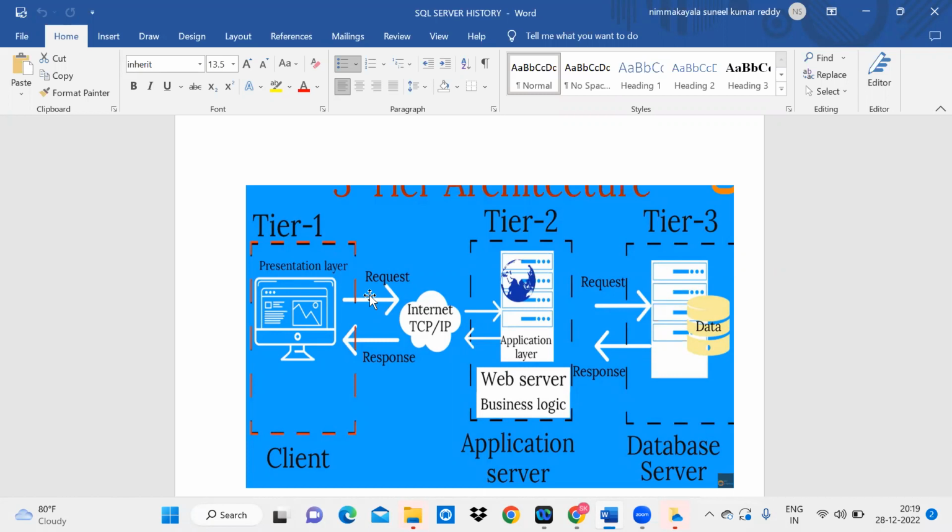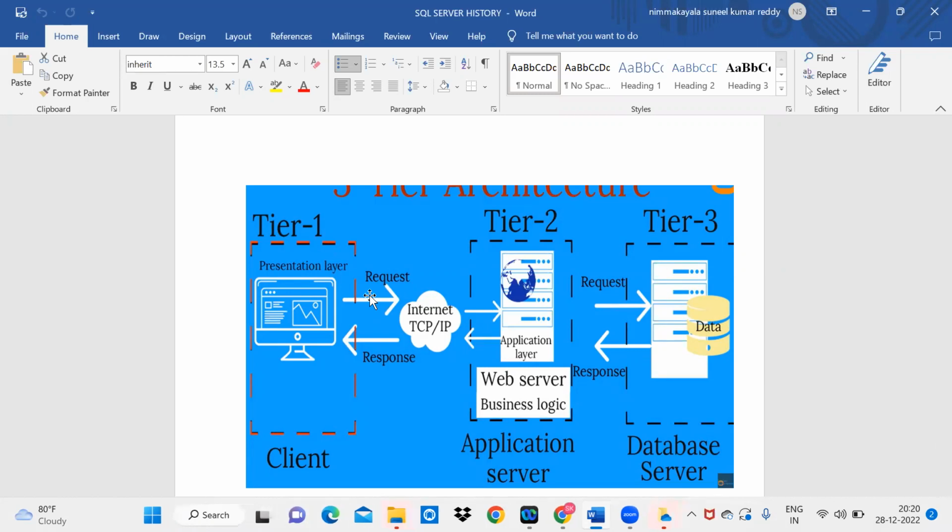We have our credentials like username and password, and when we enter the Flipkart or Amazon website and click on a particular product, like mobiles,